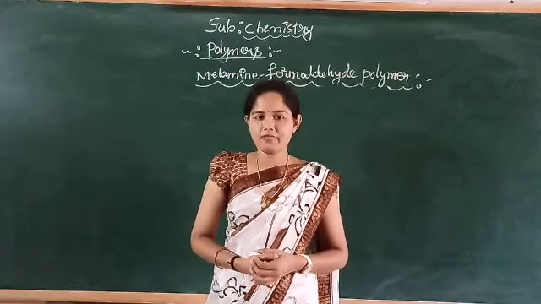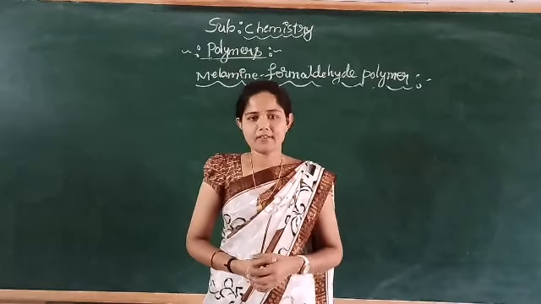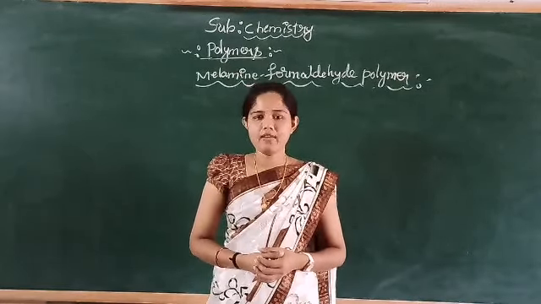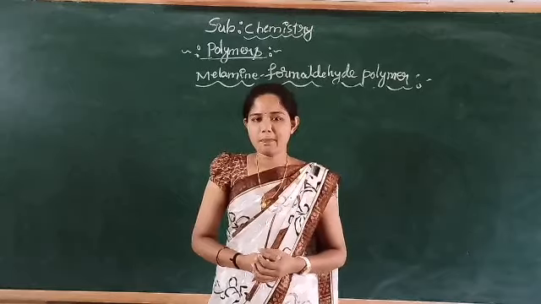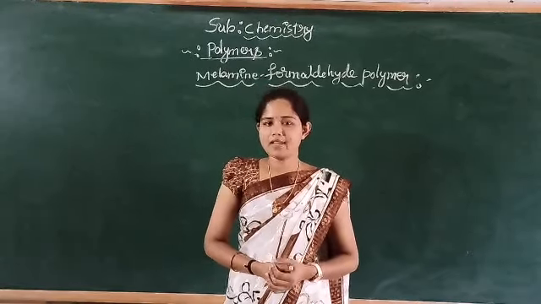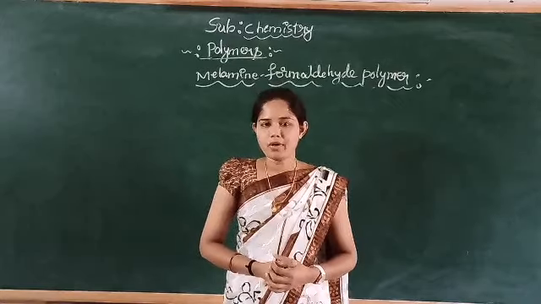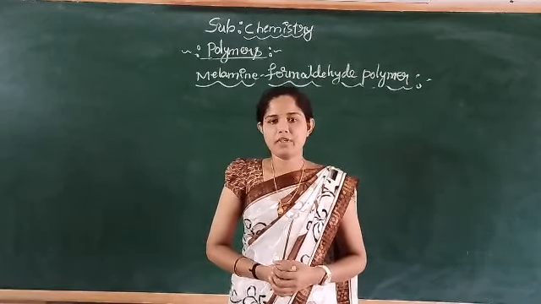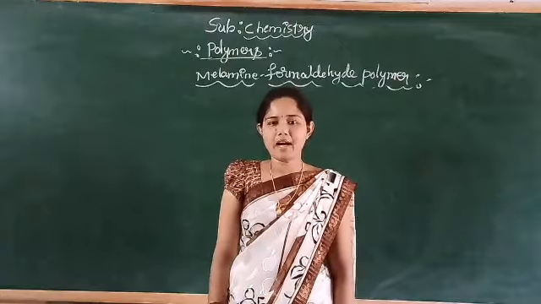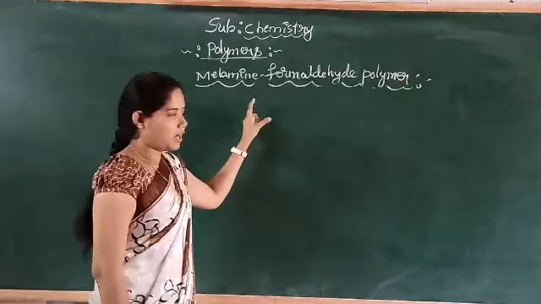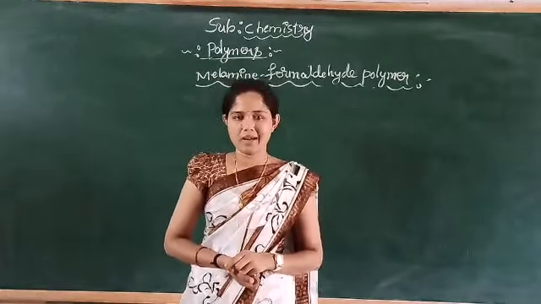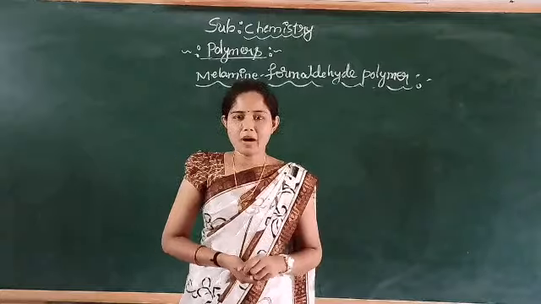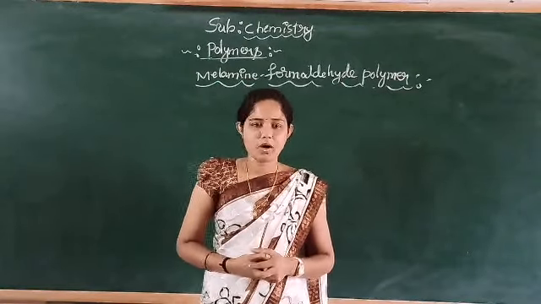That is the preparation of nylon 6,6, nylon 6, terylene and phenol formaldehyde polymer. In this session, we will discuss the preparation of melamine formaldehyde resin and the information about natural and synthetic rubbers. Let us discuss melamine formaldehyde polymer. This melamine formaldehyde polymer is a polymer of melamine and formaldehyde. Let us know the equation of the polymerization of melamine formaldehyde polymer.